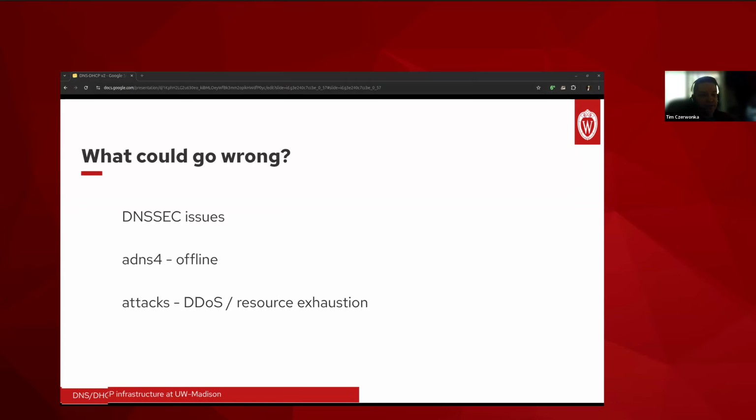Resource exhaustion. If you ask for garbage from a DNS server fast enough, you can potentially cause an outage by trashing the cache or overwhelming the server resource limits. For us, again, recursives are restricted to campus. If there's problems on campus, I can probably find who's causing the issue. For authoritative, we are very well provisioned with the hardware.